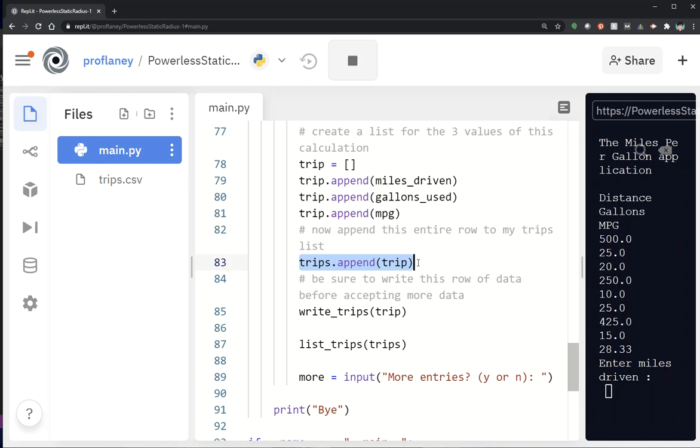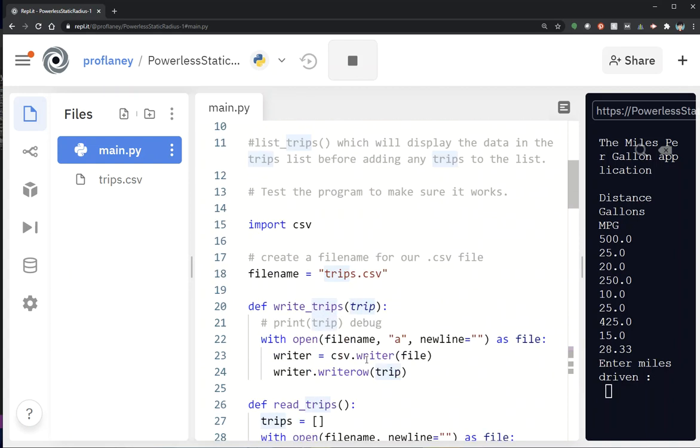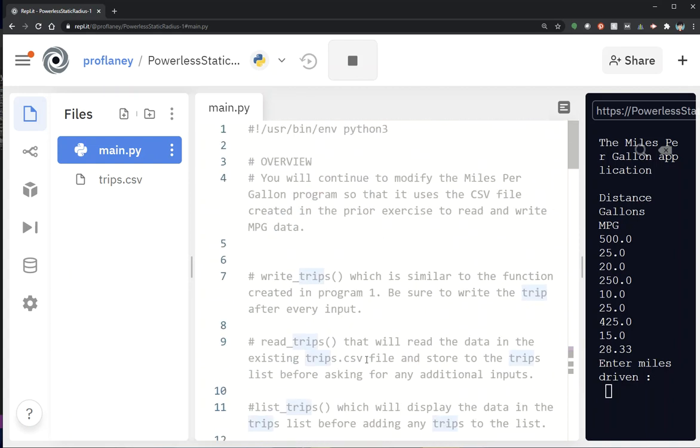Kind of sound like a broken record here with all these trips, but hopefully you're following along a little bit with me on this one. So trips is a list of multiple rows of data, whereas trip is the single row of data that we are creating per input. Okay, so that is the new version of the miles per gallon program with persistent data